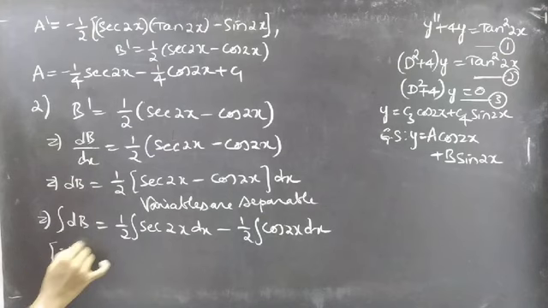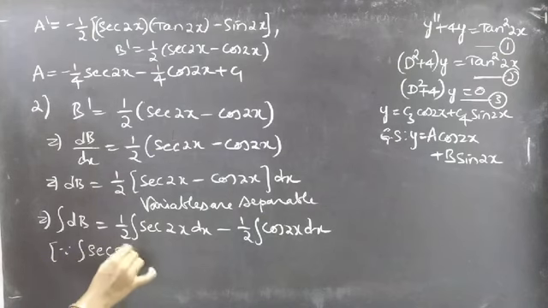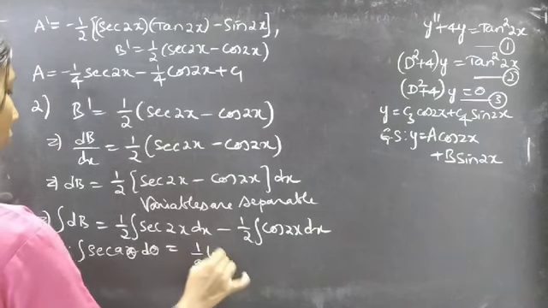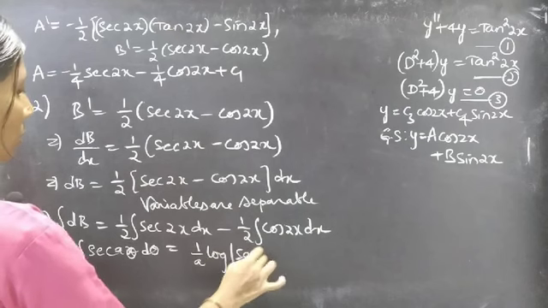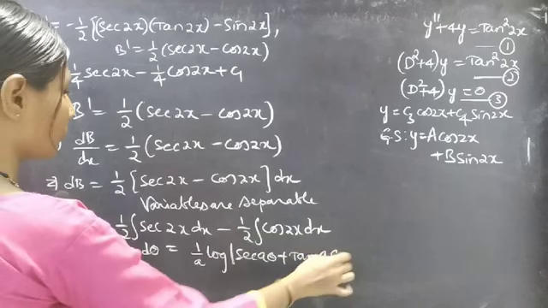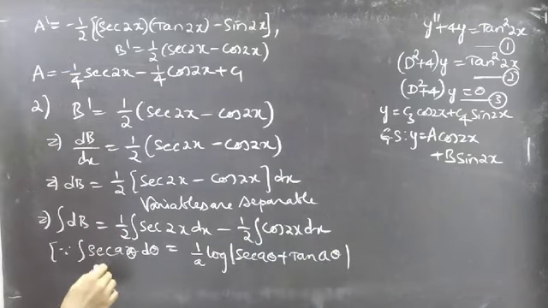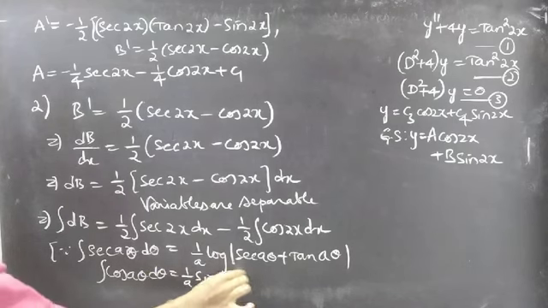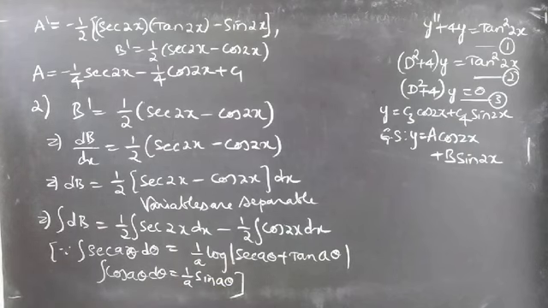Since we know that integral secant a theta equal to 1 by a log mod secant a theta plus tan a theta, and integral cos a theta d theta is 1 by a sin a theta. Then this becomes